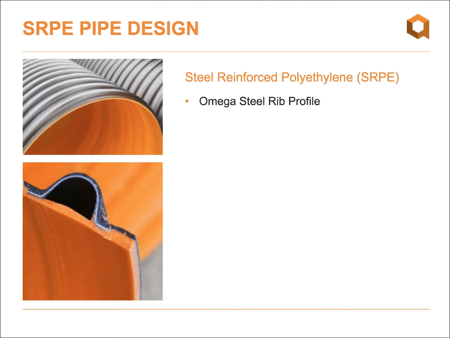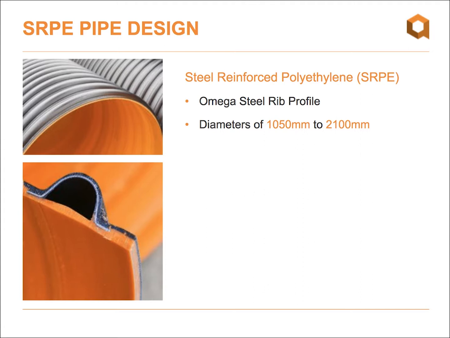And even in Roman times, they were building aqueducts based on the arch system, and some of those are still standing. So we feel that this next generation reinforcing rib profile in the shape of an arch is the most stable reinforcement we could put on a steel reinforced polyethylene pipe. This allows us to offer a complete range of large diameter pipe, steel reinforced pipe systems from 1050 millimeters to